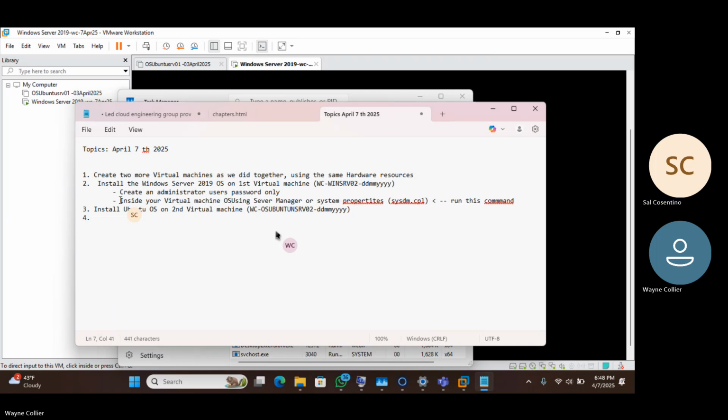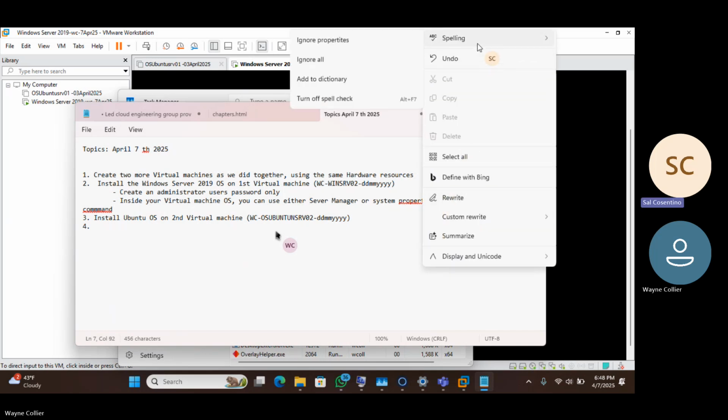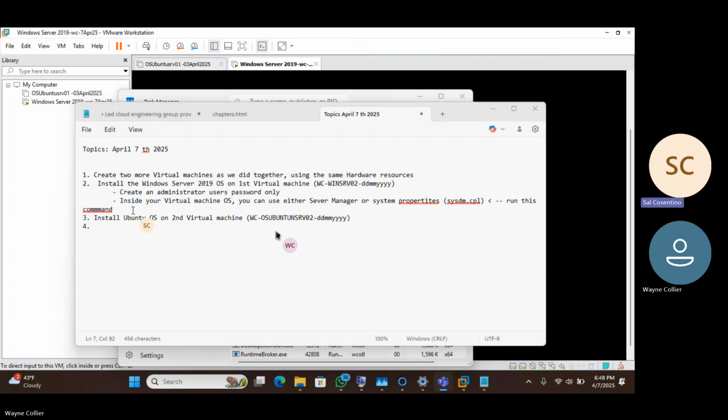You can use either server manager or system properties, and I showed you that in the video. After you've named it and created a username and password,